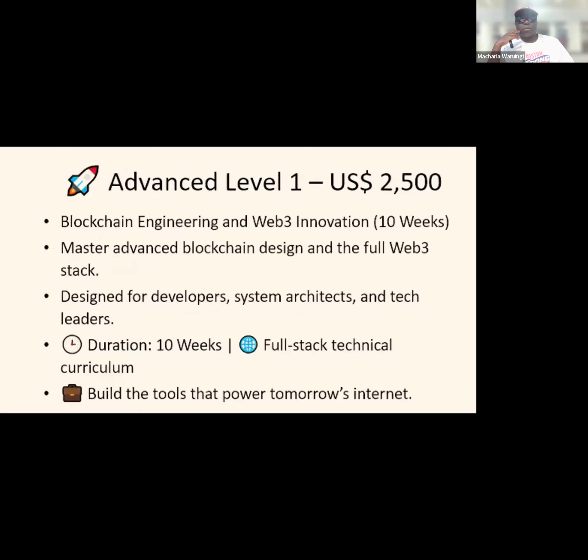Advanced Level 1. Blockchain Engineering and Web3 Innovation, $2,500. 10 weeks inside the cathedral of digital civilization. This is not a course. It is an initiation. You will master the arcane mechanics of consensus algorithms, cryptography, tokenomics, and cross-chain interoperability. You will emerge not as a student, but as an architect, equipped to build decentralized applications that power an internet